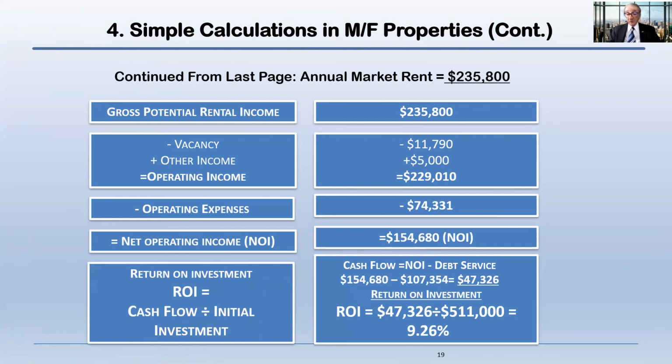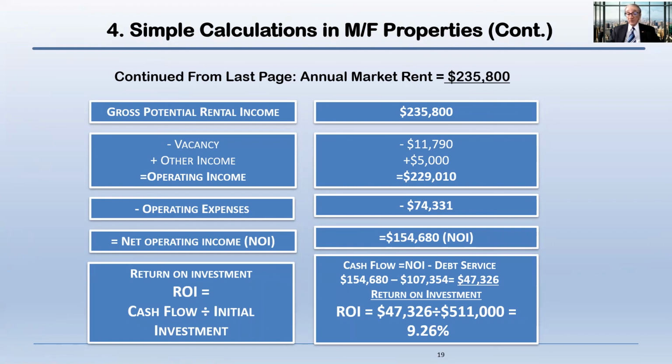Now we've got to figure out the return on the investment. We had to take that NOI, separate what belongs to you from what belongs to the bank. The payments on the loan for that particular example on the website was $107,000 and change. When you subtract it from the NOI, that gives you a cash flow of 47,000 and change. So the return on the investment in this case was a $47,300 cash flow, divided by the initial investment,